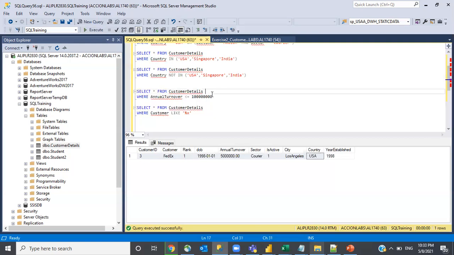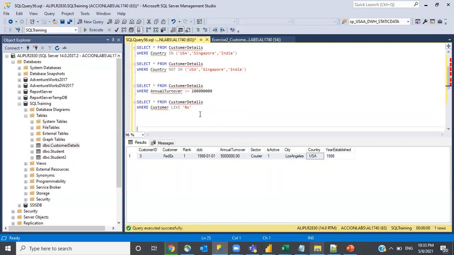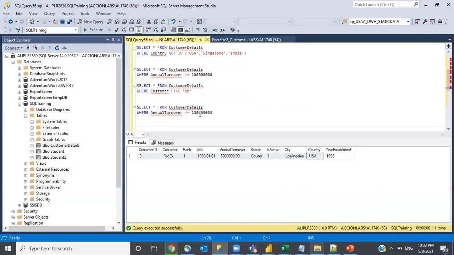One important point regarding this greater than or less than. Now we are showing greater than 100 million, right?